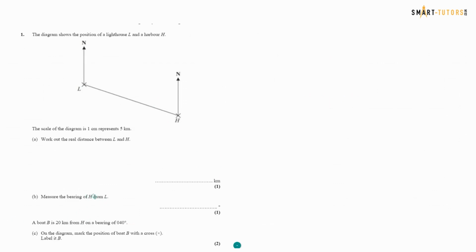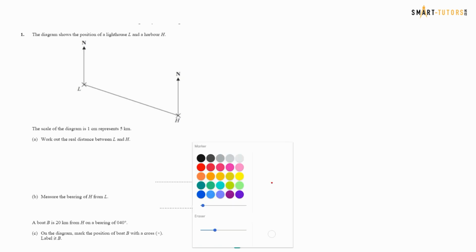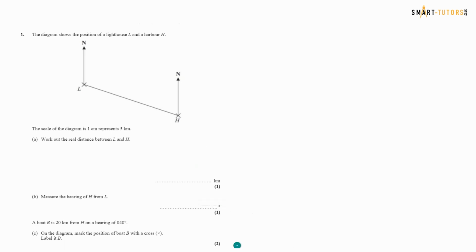Question number 1. The diagram shows the position of the lighthouse L and the harbour H. The scale of the diagram is 1 centimeter represents 5 kilometers. Work out the real distance between L and H. Right, so in this question, we can't do the actual question, so I will try to explain to you. So we need to measure the distance between L and H in centimeters. So here to here, so let me draw